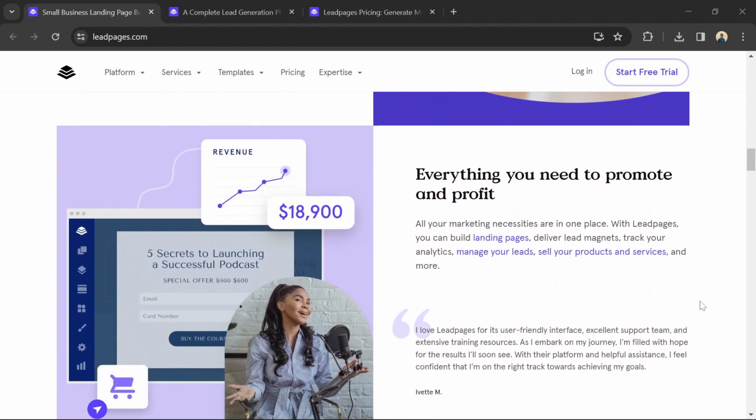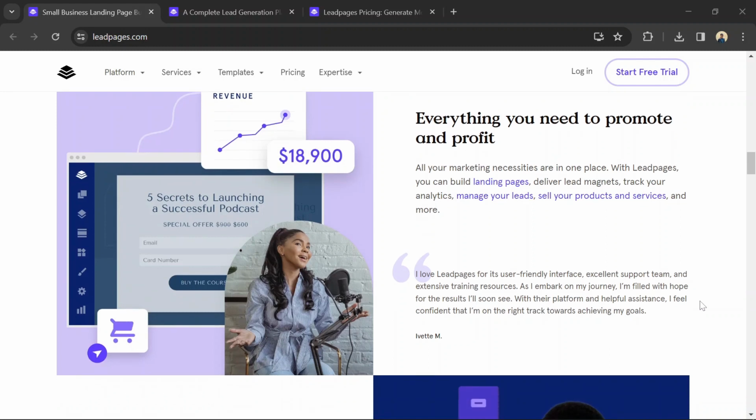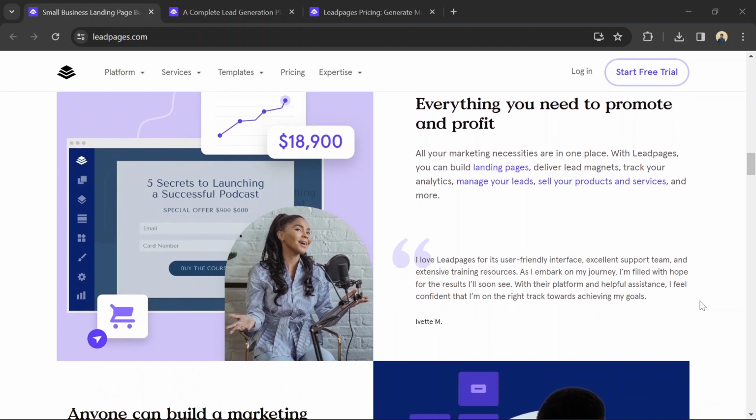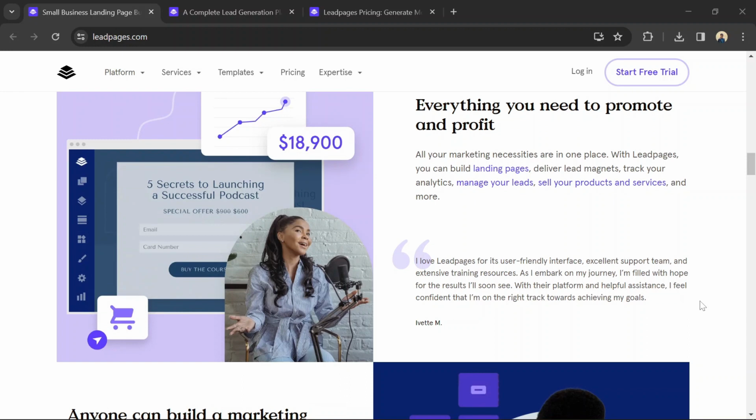Leadpages uses a drag-and-drop editor, making customization very user-friendly. You can replace older text and images with your own content. The editor also offers various widgets you can add to your pages, such as headlines, buttons, forms, and social media icons. Use the navigation menu to ensure your website has a clear structure and visitors can easily find the information